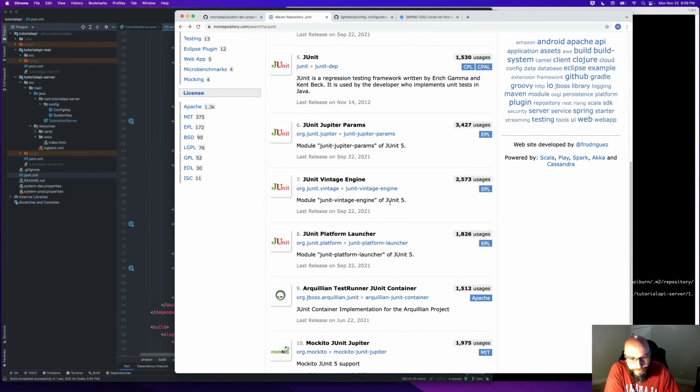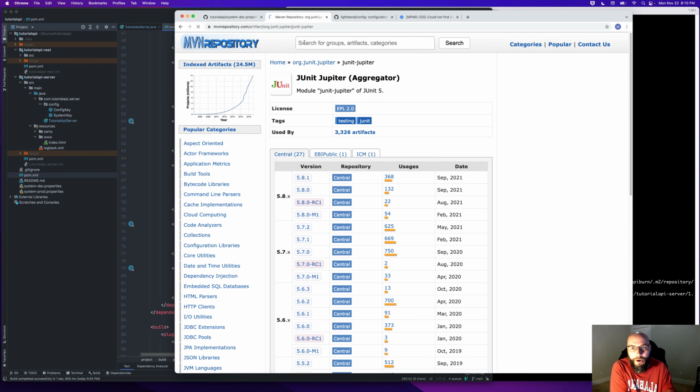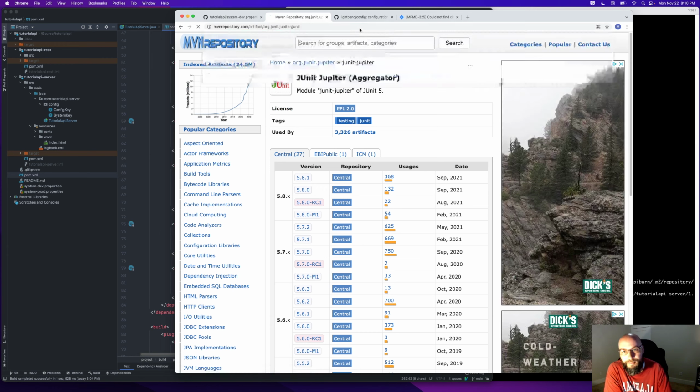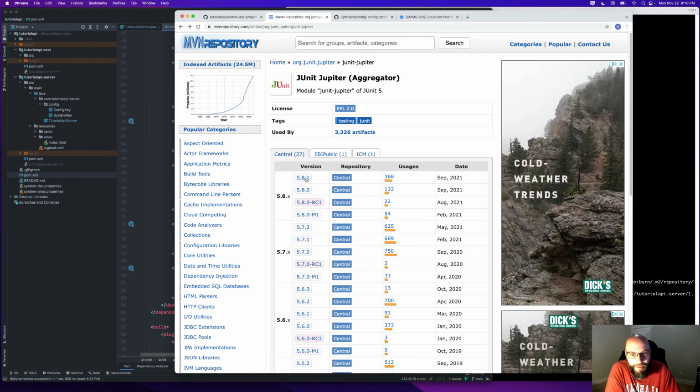So there's all kinds of packages here. I don't recall exactly off the top of my head which one we want. There might be a BOM that contains all of these. I thought there might be just a JUnit artifact. Let me delete this and see if it finds it. Nope. So let's go ahead and we'll use this one, JUnit Jupiter.